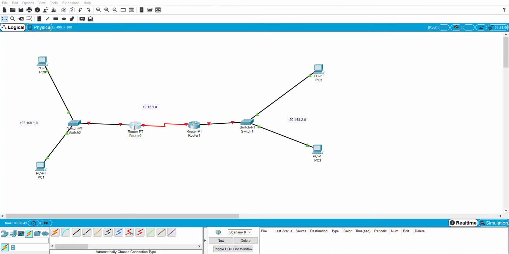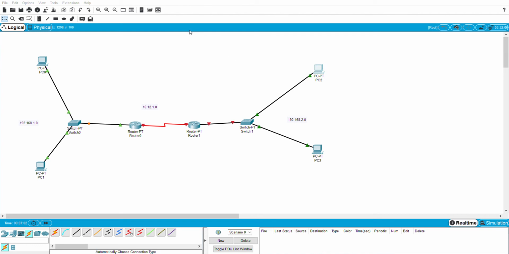Now assign the IP address to this router. Configuration, fast Ethernet, .1. Put the interface on, port status on, closed.